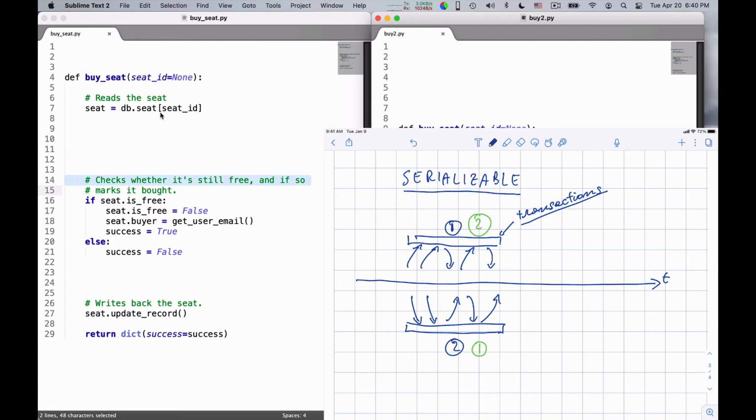Then the database would say, there is buyer 1 and there is buyer 2. Yes, they're reading values and modifying values, but the values they read and modify are not the same, so there is no conflict. So I can let both things happen simultaneously, and to the user it will still look like either one or the other went first. There is no contradiction. Okay?